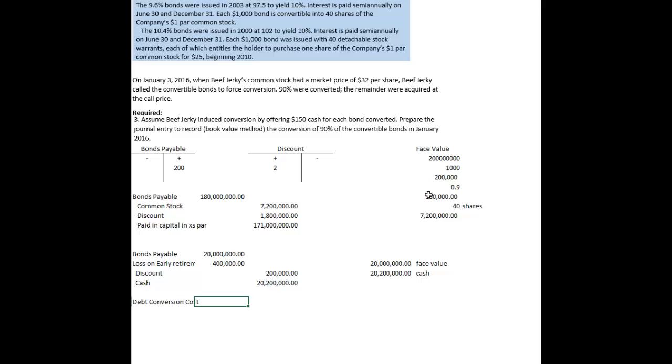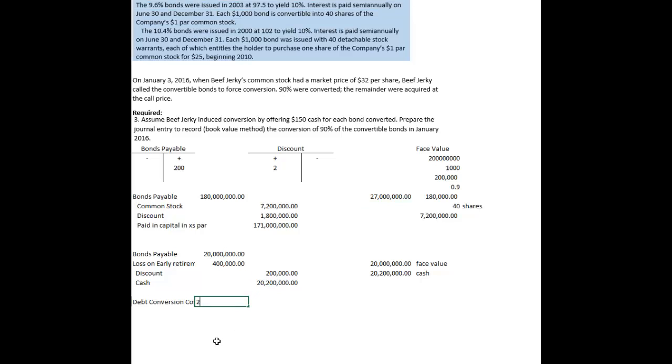And so thankfully we've got this calculation over here. You probably don't remember what it is, but the face value of the bonds is $200 million. Each bond has a face value of $1,000, meaning we have 200,000 bonds outstanding. We're going to convert 90% of those, which is 180,000 bonds. So the cash we have to come up with to induce conversion is the 180,000 bonds times $150. In other words, and this is a fairly hefty price, $27 million is what we have to pay to induce